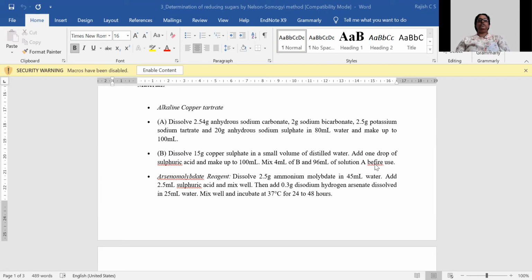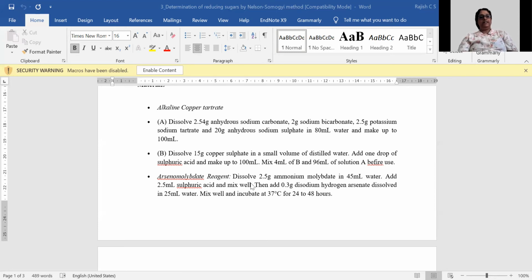Like solution A, solution B, you can prepare and keep. It will have some amount of shelf life because they are only salt solutions. But however, when you are going to mix these solutions, the reactions will take place between these, and this needs to be done freshly if you are to get accurate results, because you will be measuring a redox reaction in which the arsenomolybdate is going to get reduced. So